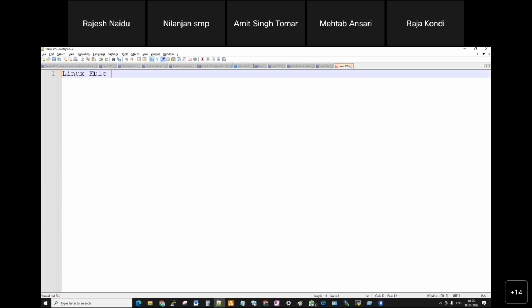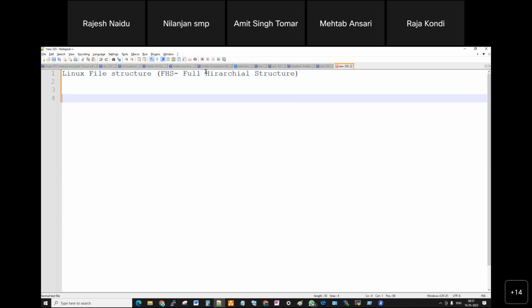Linux file structure. Basically, we call it FHS. Do you know what FHS means? Any idea? File hierarchy system, I guess. Exactly. Full hierarchical structure.